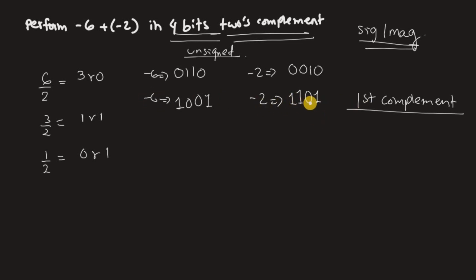Now once you have 1's complement, to put the numbers into 2's complement, you're going to add 1 to it. Okay, so first step is always to convert into 1's complement. And then after you did the 1's complement, you have to do the 2's complement, and for the 2's complement you're always going to add 1 to it. Okay, so you have this number, you're going to add 1 to it,